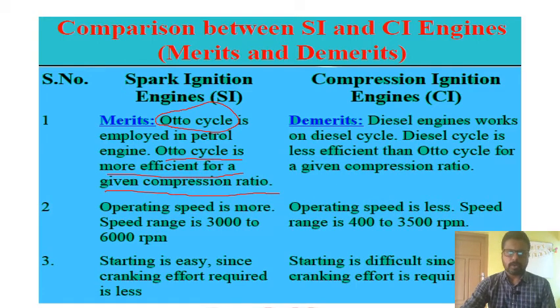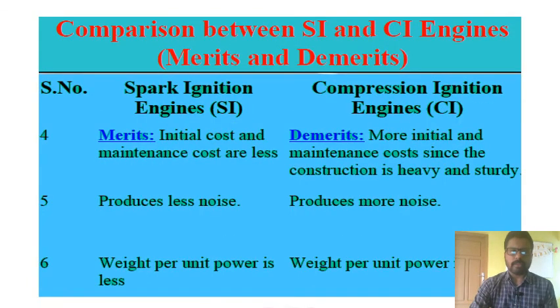Operating speed is less. Speed range is only 400 to 3500. Petrol engines or SI engines, its starting is easy since the cranking effort required is less. Here the starting is difficult, the cranking effort will be more. Okay. Again, let us see the merits and demerits. Initial cost and maintenance cost of SI engines are less, but in the case of CI engines, the maintenance cost